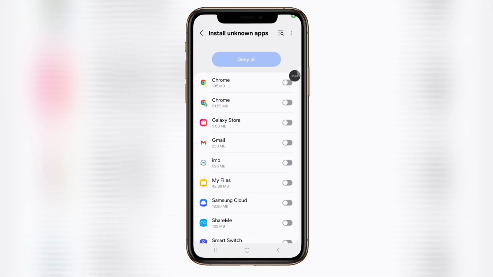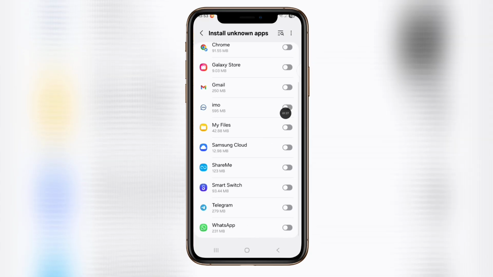Open Chrome permission and scroll down and turn on my file permission. Go back,